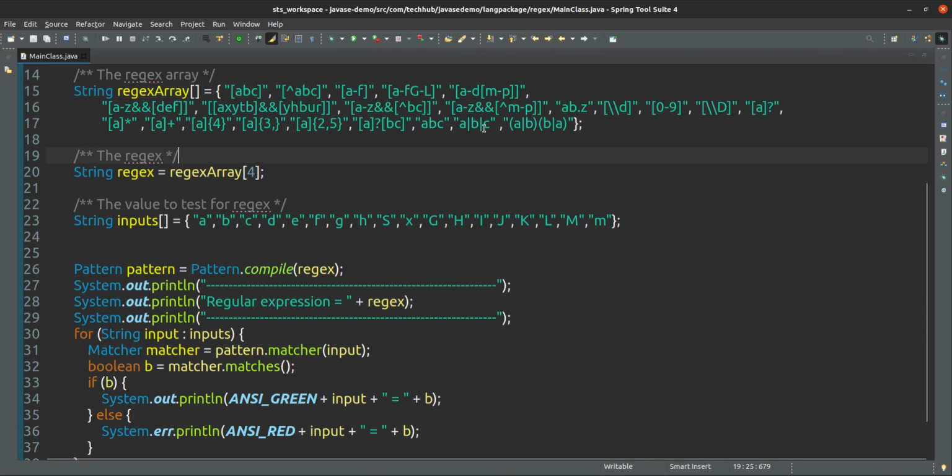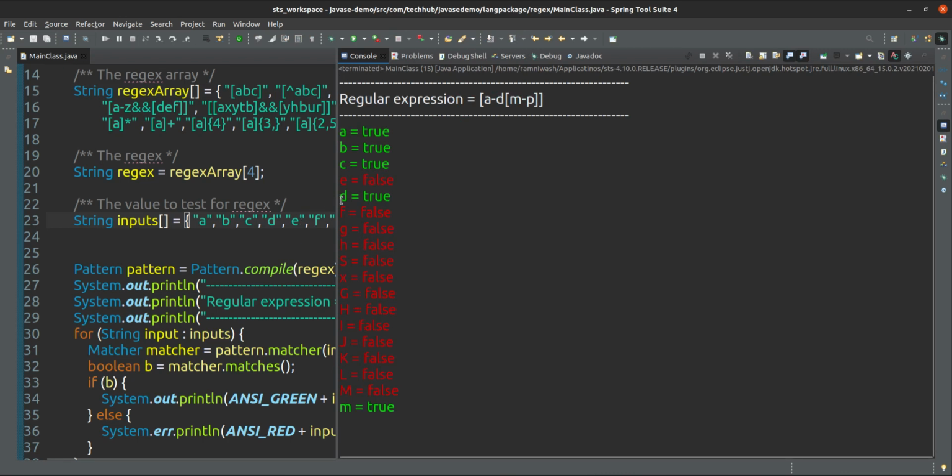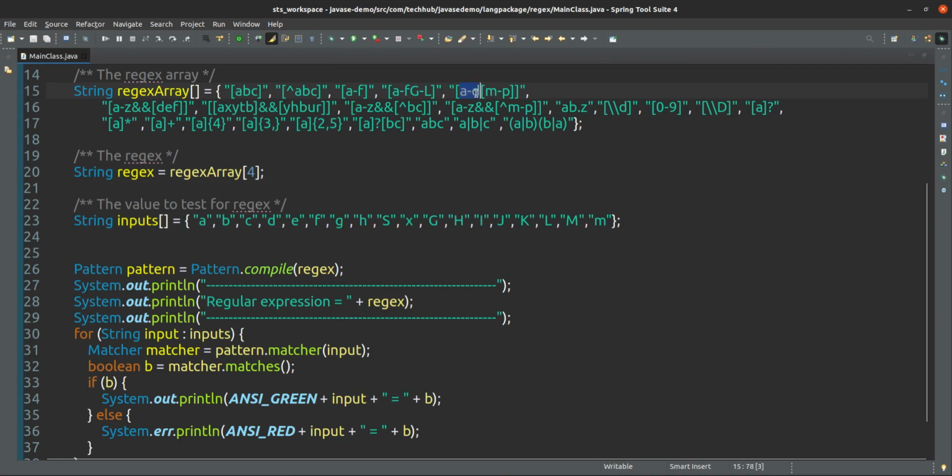Or M to P, this is the upper, this is small, so M to P is also fine. So the last one, M, is there, so that is why it is passing. Others are not passing. Either you can give this one, this is a union, either this range or this range.